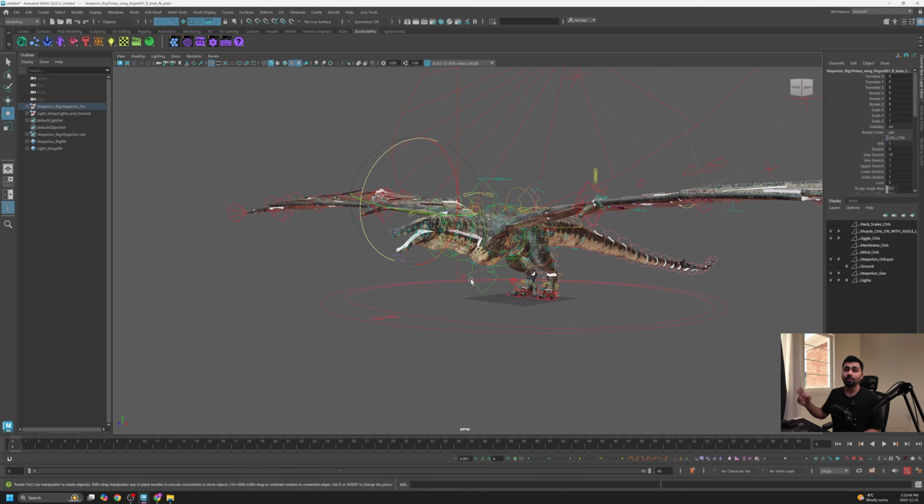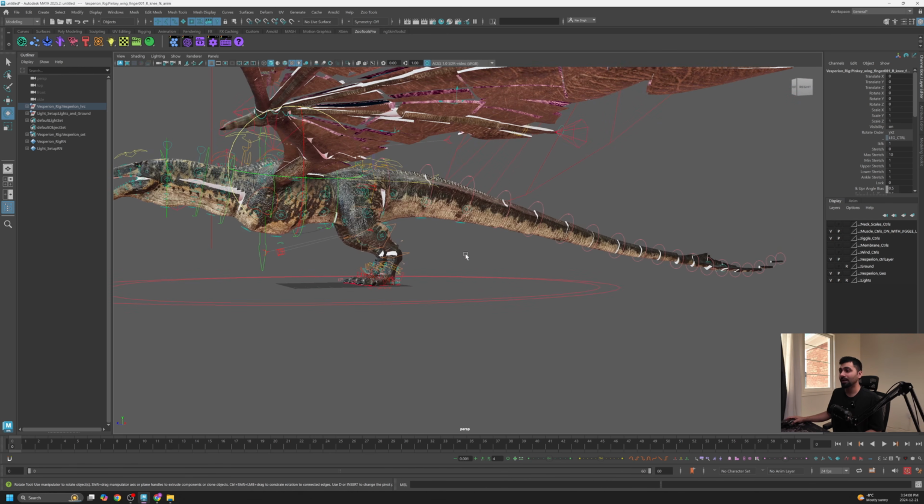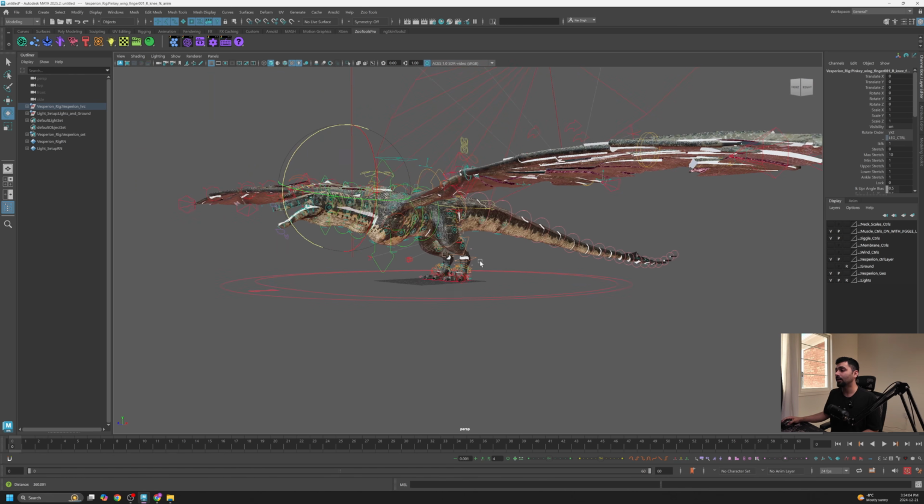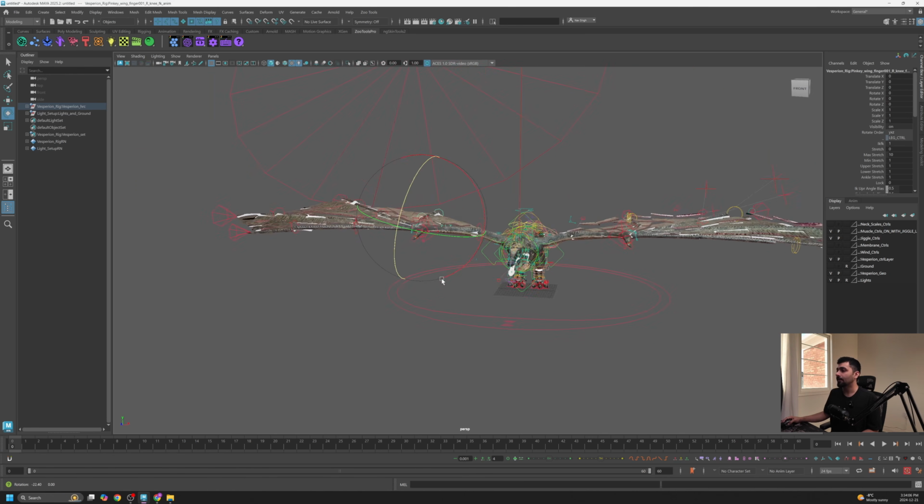By default, you will get two ragdoll setups with this, one for the skin simulation, and one for the tail and the legs. Some of you might want to add some secondary animation in the tail and the leg. For that, you will get by default, you will get a